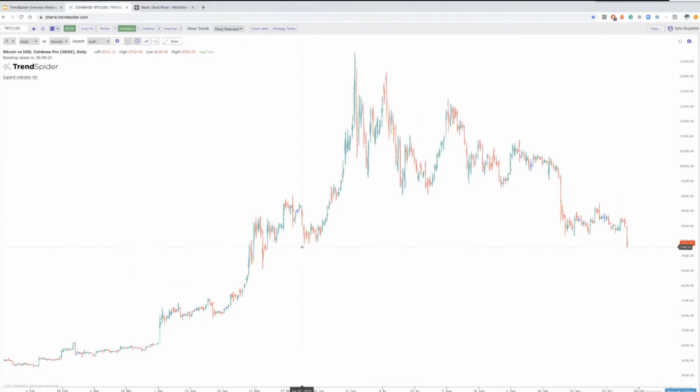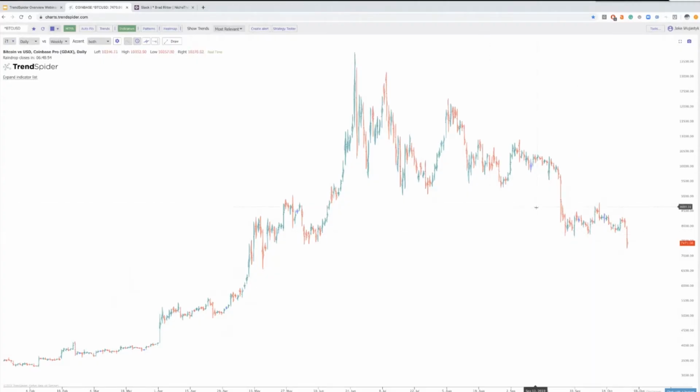What you have here is just a raindrop chart of Bitcoin. And a raindrop chart is something that's very unique to TrendSpider. It is definitely not the only feature that makes TrendSpider unique. There are a ton of features, all of them at the top here, and I'll probably be going into more of those next week during the live stream. But for this particular video, just to show you guys a little taste of what TrendSpider is,